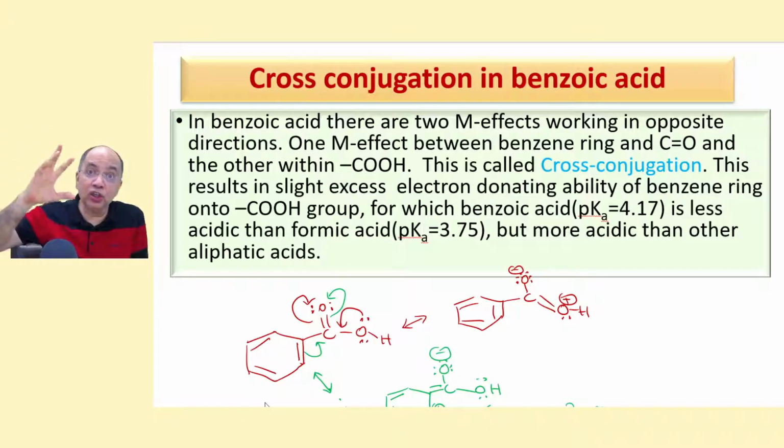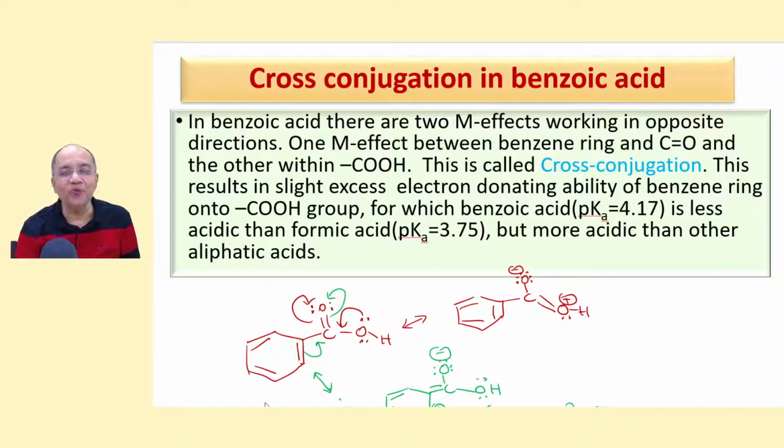Not high, it cannot be compared even with an alkyl group like methyl. Even if methyl has a plus I effect, phenyl has a lesser plus I effect, and this lesser plus I effect is due to the residual conjugation, the plus M effect that is happening due to cross conjugation. A lot of the electron releasing nature is reduced in the case of the benzene ring, the phenyl group, because of the cross conjugation. You understand? Let me read it out for your better understanding.